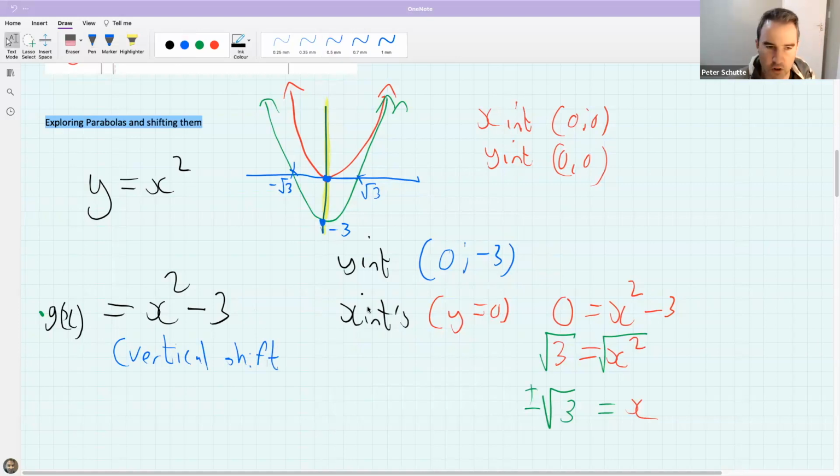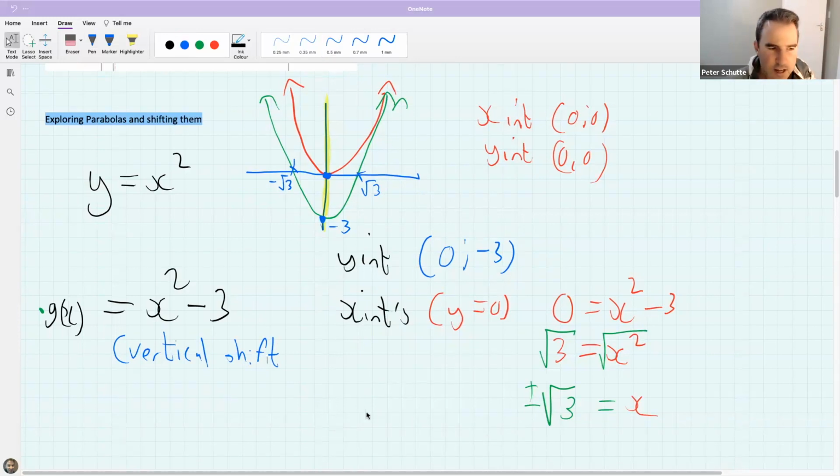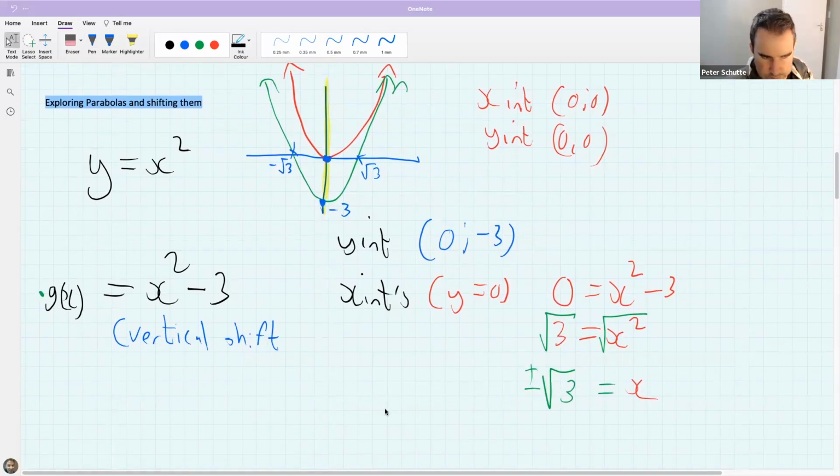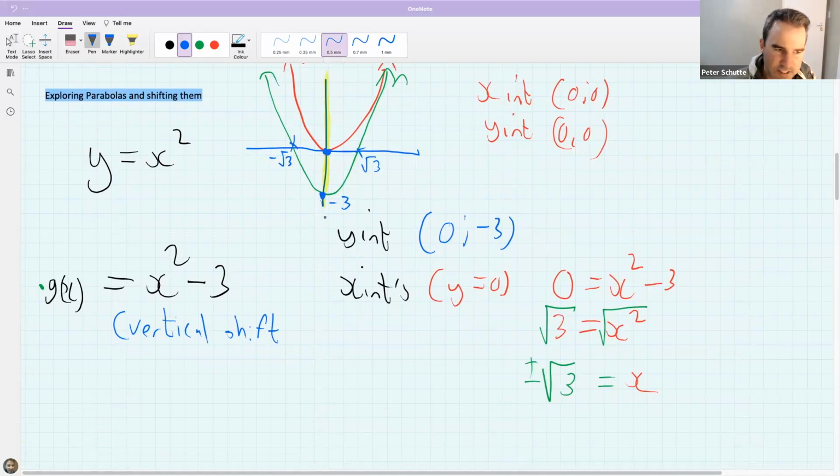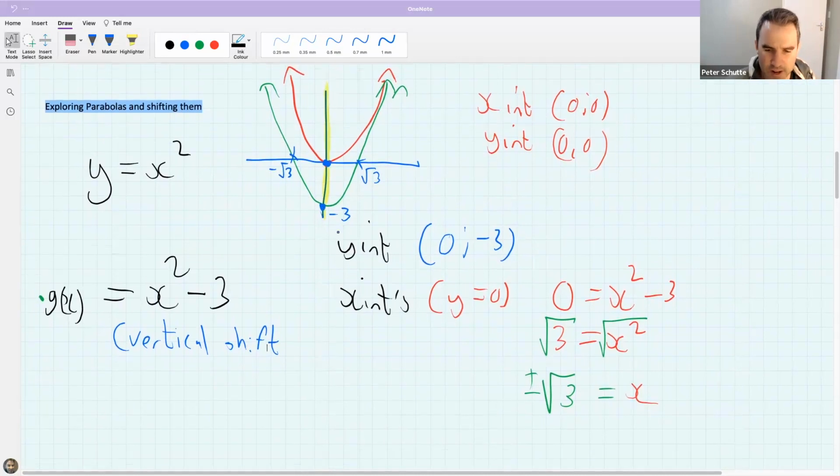And the reason it's called a vertical shift is that I have shifted the whole graph down. Now, does anybody know, if instead of shifting the graph down, I want to shift the graph sideways? Does anybody know about shifting graphs sideways? So maybe instead, this graph has been shifted down, and I think we've all understood how to find the intercepts. How would I horizontally shift, let's say, the original graph? So the original graph, we'll call it f of x, and I want to shift this graph